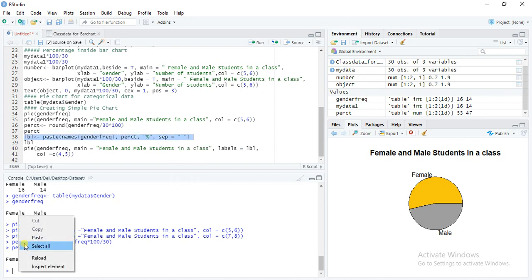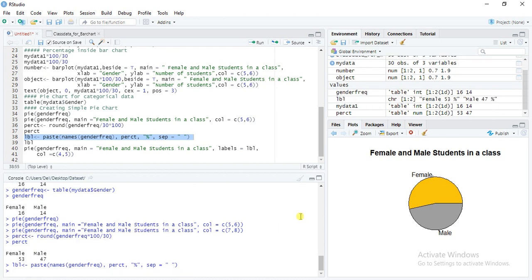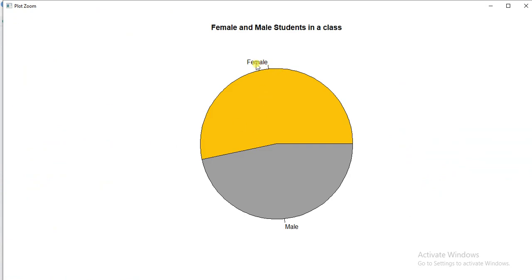Okay. Now we want to give the labels. Next, that is the script: paste names, gender frequency, percentage, and separation. So you can see the female and male graph.